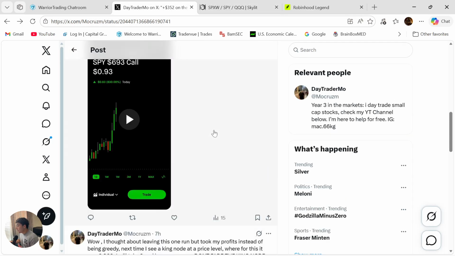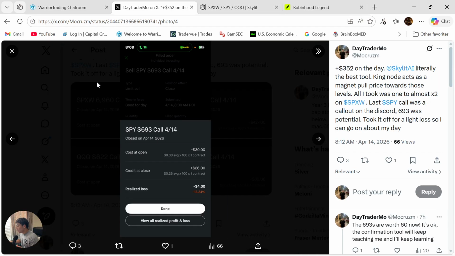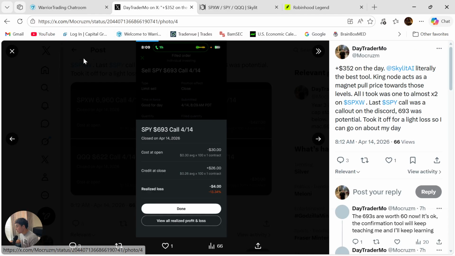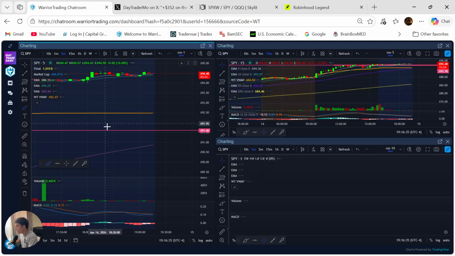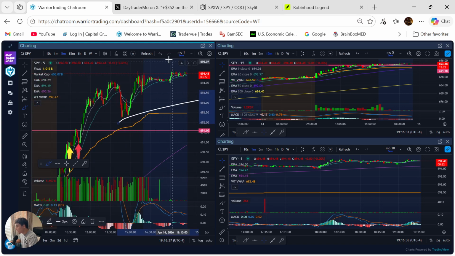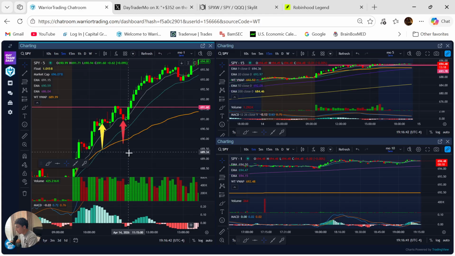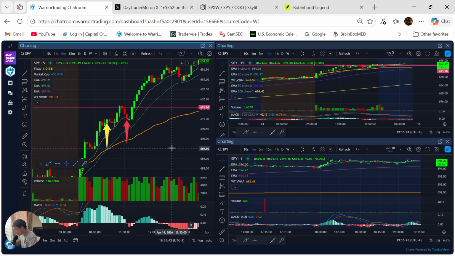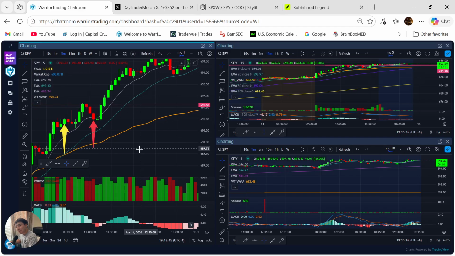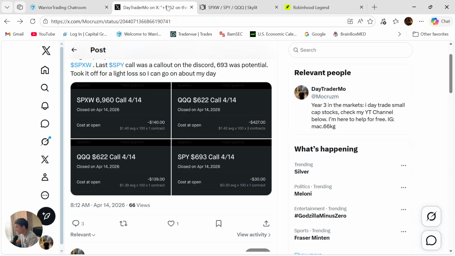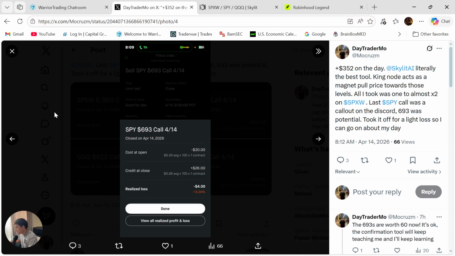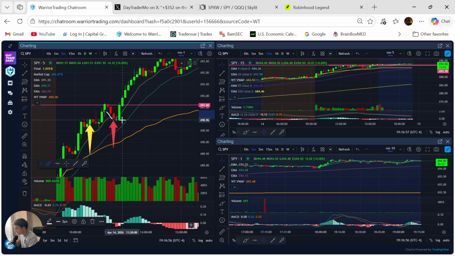Now, I took these SPY calls at 693, and I had to exit early. Actually, we'll go on the chart where we're trading. I had to exit these a little bit early because, like I said, I had a full day ahead of me. I didn't want to be stuck in class trying to monitor my position. I need to pay attention. But I kind of regret it now, because I exited on this pullback, my contracts were down a few dollars, and then it got back up. They only lost around $4. So I was like, okay, that's not too bad, but let me just not be greedy.